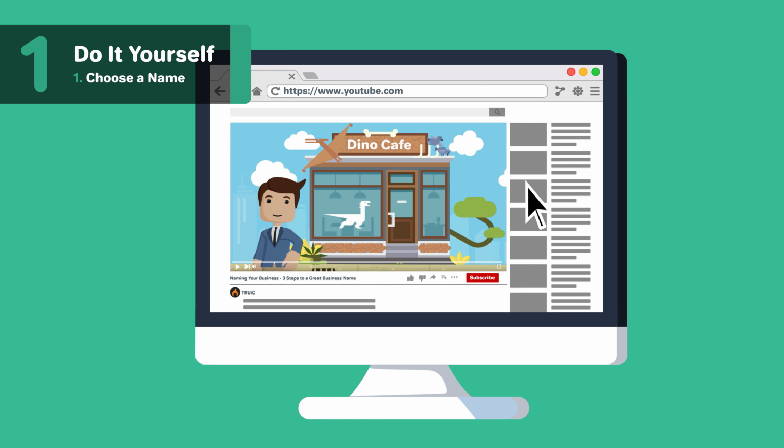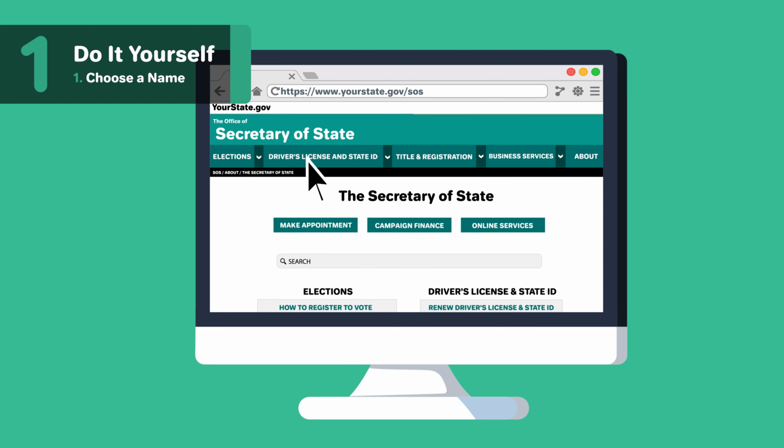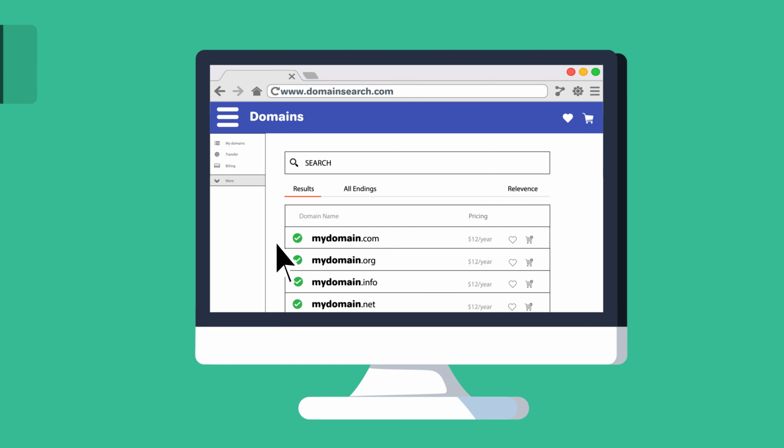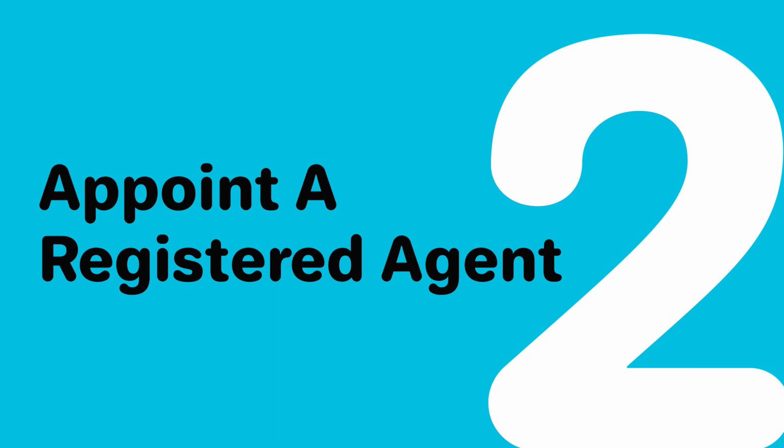South Carolina, linked below. Once you have a name selected, do a name search to make sure it's available in South Carolina. After doing a South Carolina name search, you'll want to do a domain search to see if your name is available as a URL. Even if you don't plan on making a website today, you may want to secure the URL so someone else doesn't take it. 2. Appoint a registered agent.